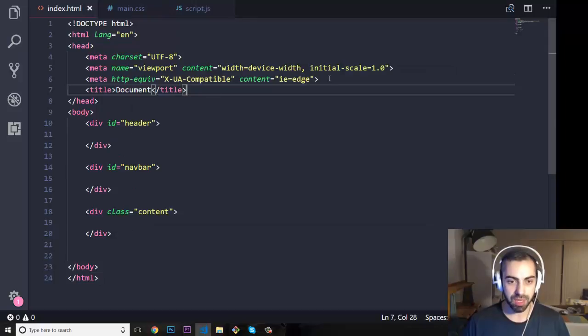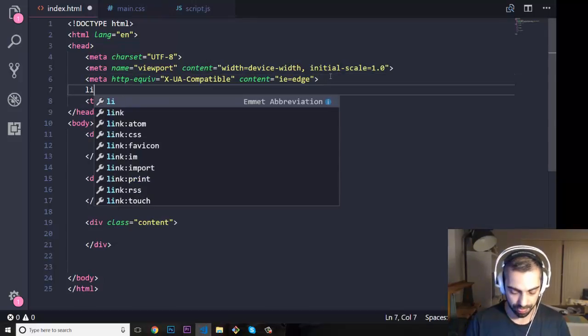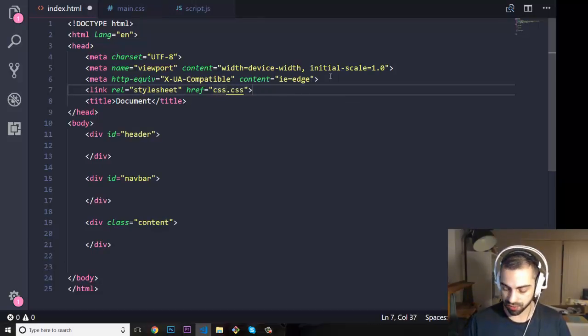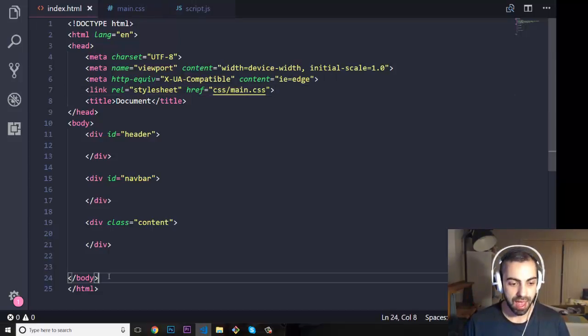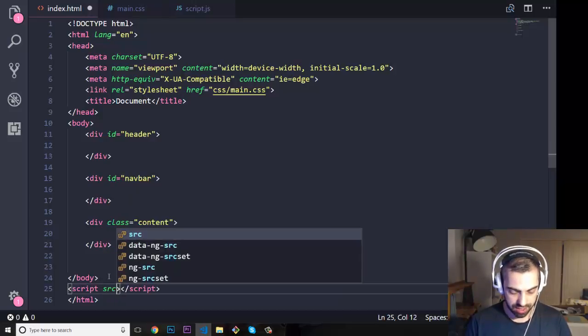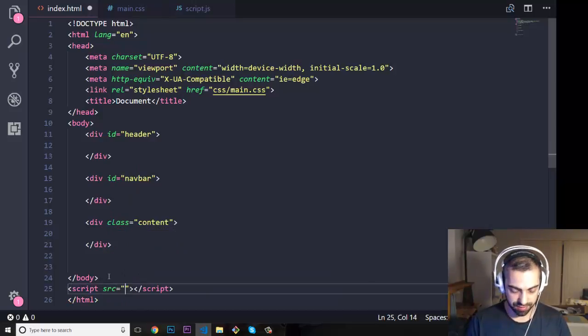So let me just reference my CSS to make sure it's working. This one is inside of the CSS folder with the name main.css, and I need to reference my script src, which is inside of the folder JS with the name